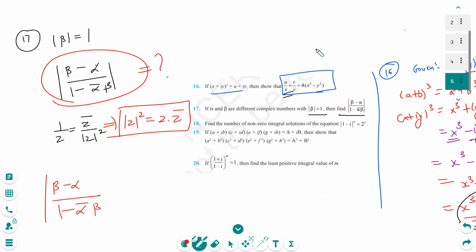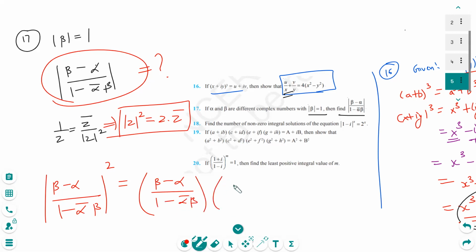Just like if I have to get x, and somehow I get x square is equal to 9, I can get x as 3 or -3, right? So that is one way of doing it. So how about I first get modulus square, and I can because I have this. So its square will be the complex number times its conjugate. Now, what is my complex number? My complex number will be (beta minus alpha) upon (1 minus alpha beta).